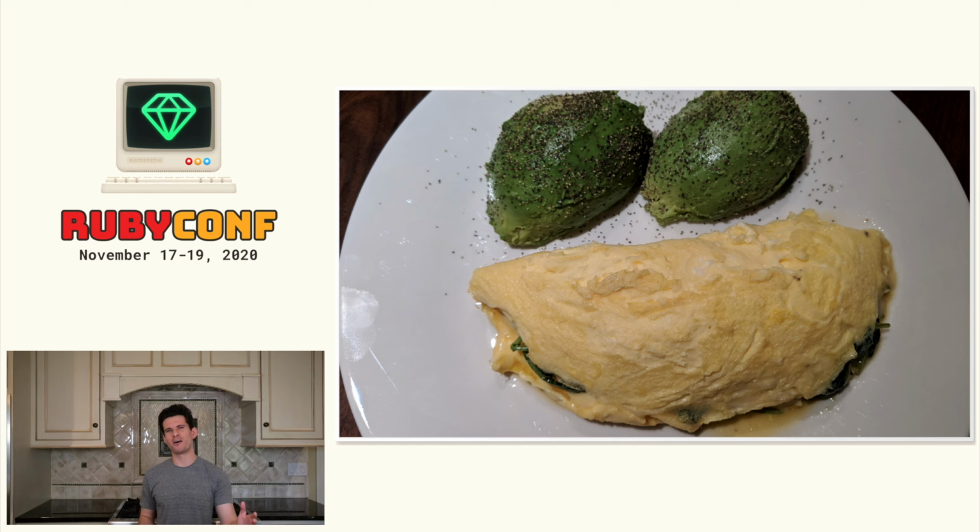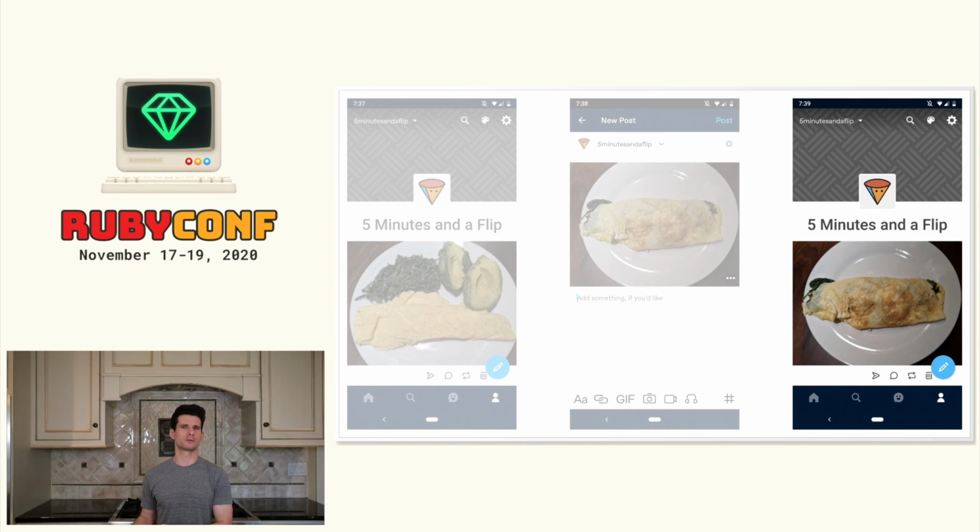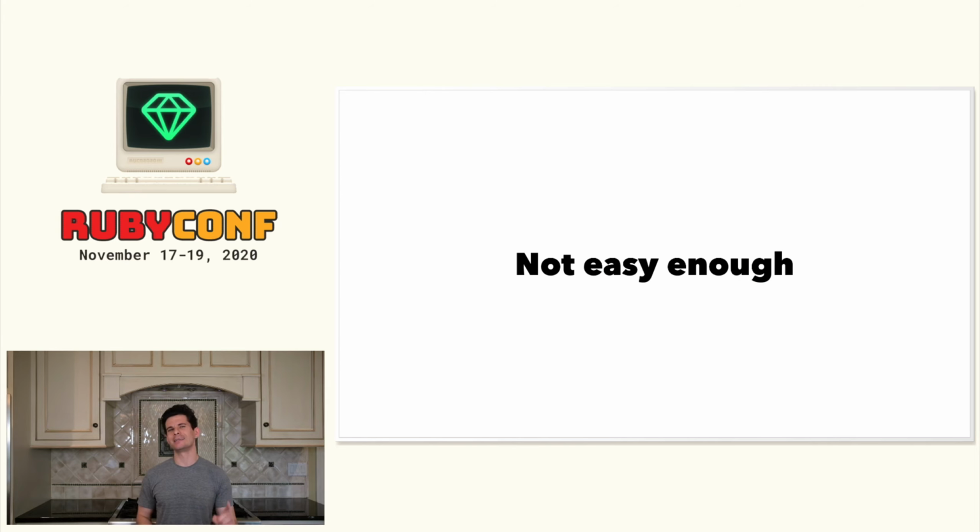See, after I have my omelet photo, there's this whole getting it online part. The blog is managed by Tumblr, and so I have to open their app, select the photo, and post. It's a whole thing. A thing that some might say is easy, but to them, I would say not easy